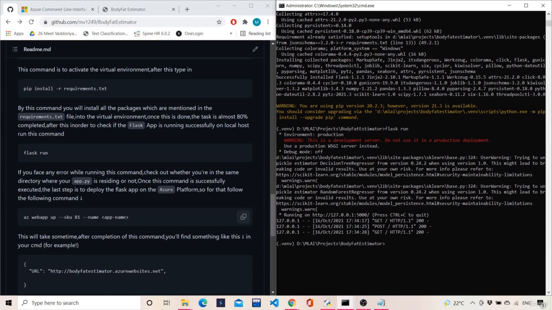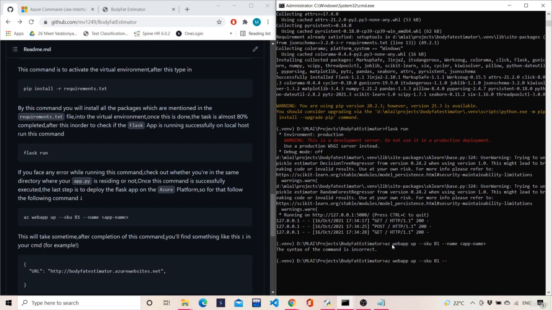After you execute this, the last step which you have to do is deploy the model on Azure. The syntax is incorrect, so just type it in manually. Don't try to copy and paste it here. This is a little bit important, so I prefer you don't copy and paste it, just type it manually. Okay, SKU